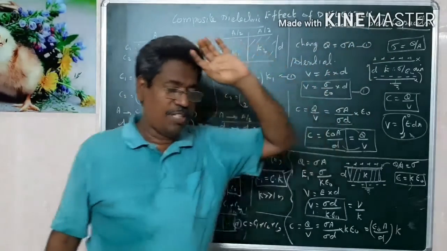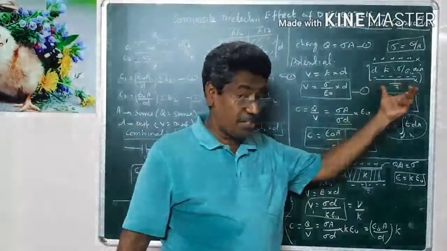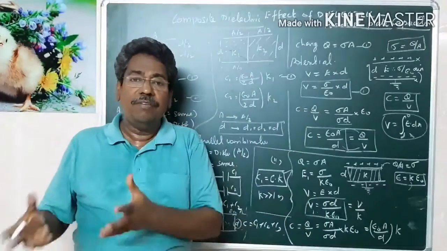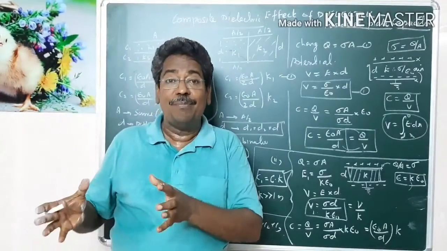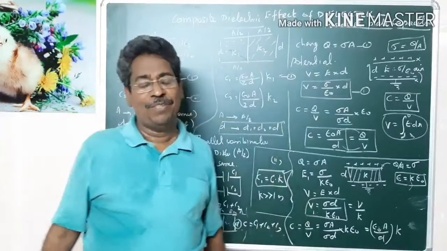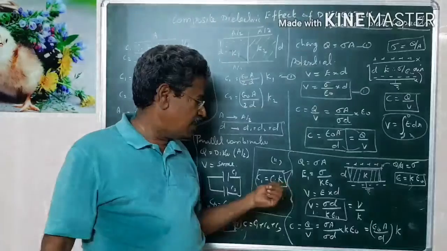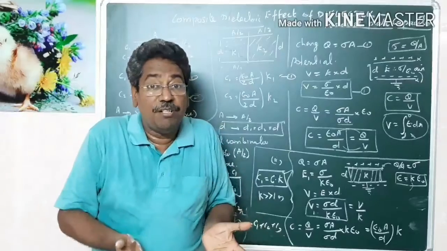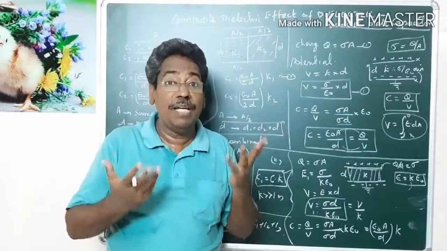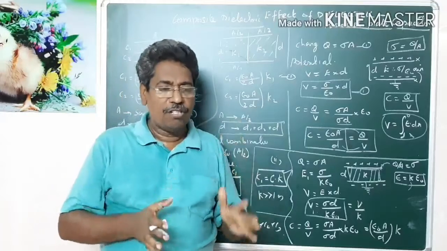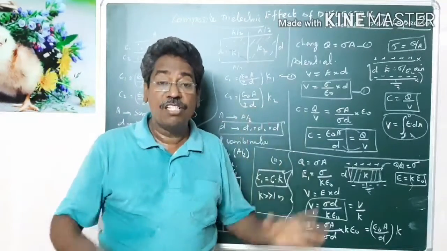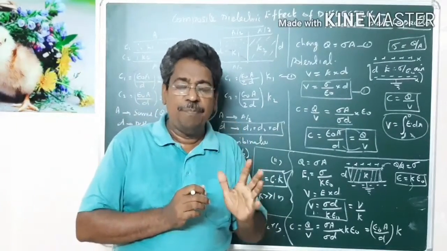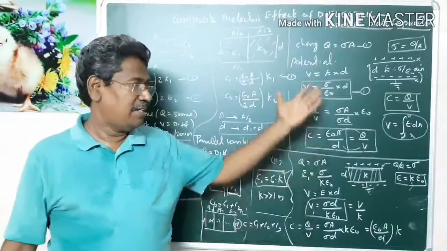One more thing I want to insist on: air is a dielectric. For air there is a dielectric strength. Similarly, if you introduce another material whose dielectric strength is more than that of air, the value of K must be high. When the value of K increases, naturally the overall capacitance increases. Therefore, the chances of leakage of charge from the capacitor will decrease or be almost minimized. The process of minimizing the leakage of charges from the capacitor is called capacitance. That capacitance is our aim. To increase the capacitance of a capacitor, a dielectric is preferable.